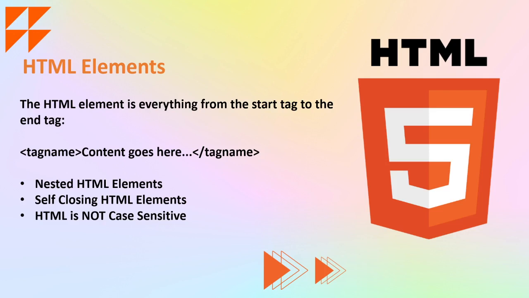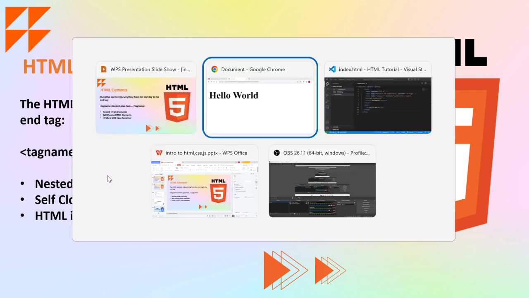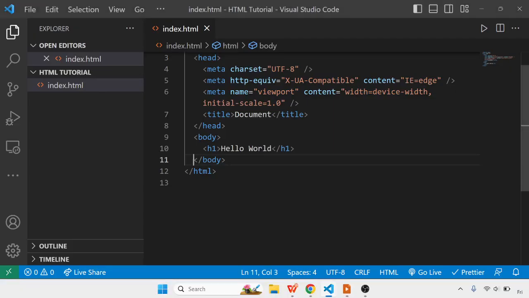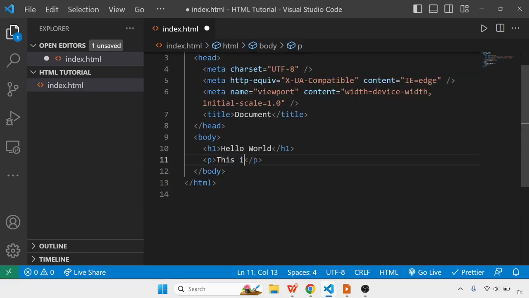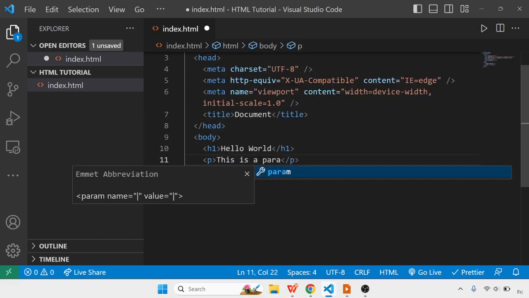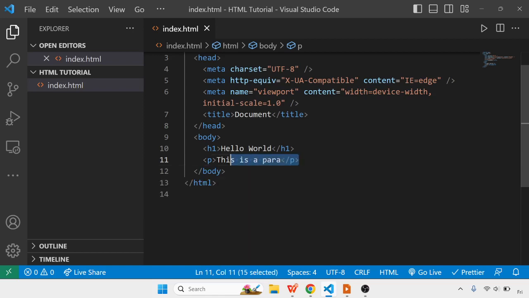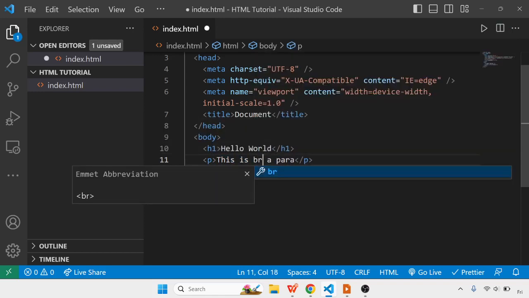Now some important points about HTML elements. We can nest HTML elements within other elements. Let us understand what this means. First, I'm going to create a simple paragraph and write a statement: this is a para. This is a paragraph element. Now if I have to nest another element inside this, I can make use of another element called BR.